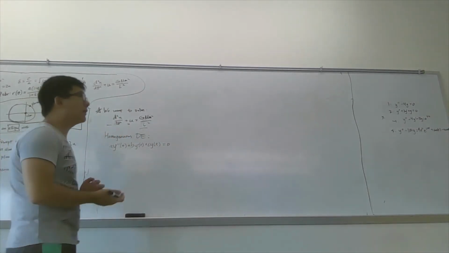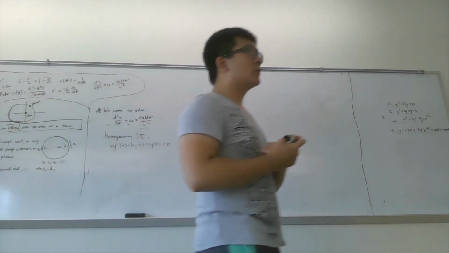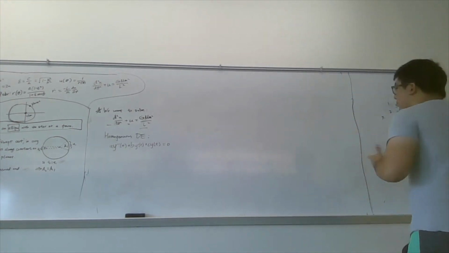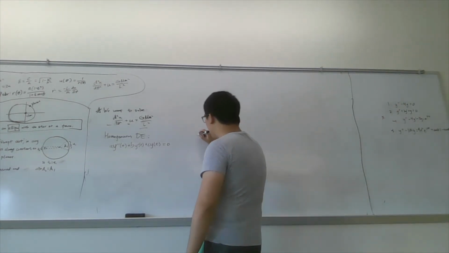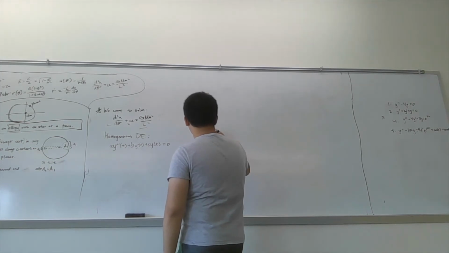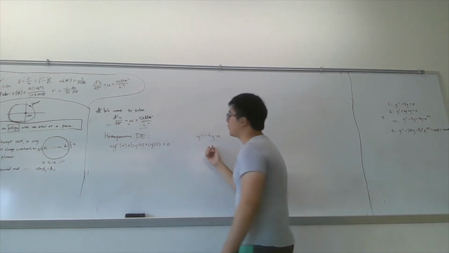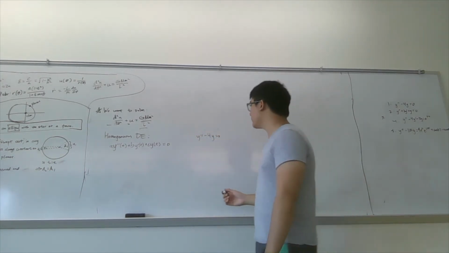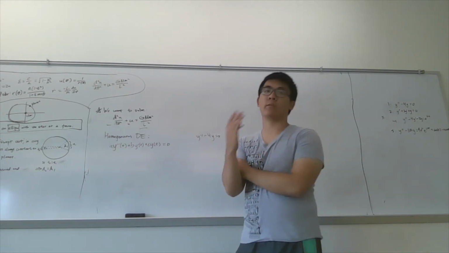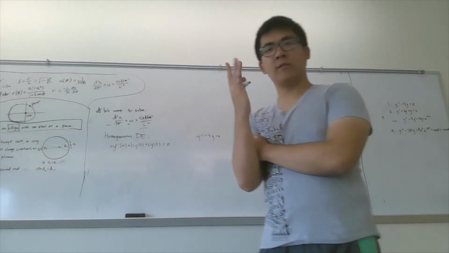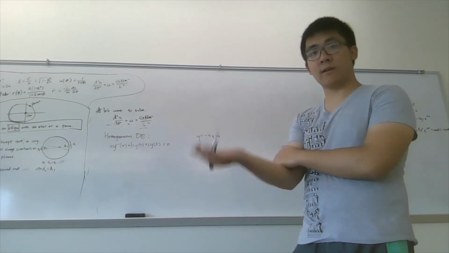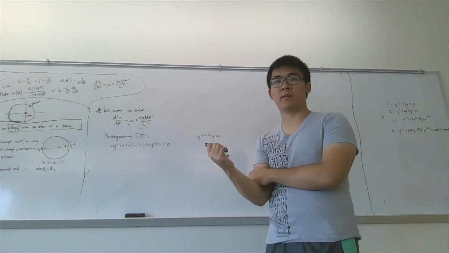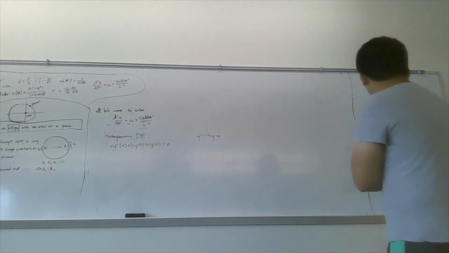So first, let's do an example. Let's take a very simple homogeneous differential equation, which we'll say is just this. We're going to have to ask ourselves, does there exist any function such that its second derivative is 4 times as large as its